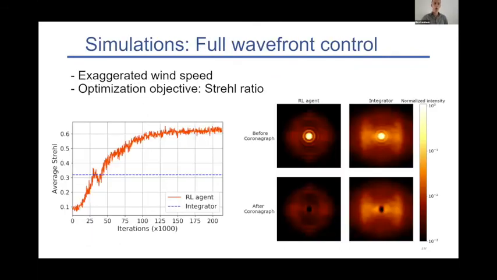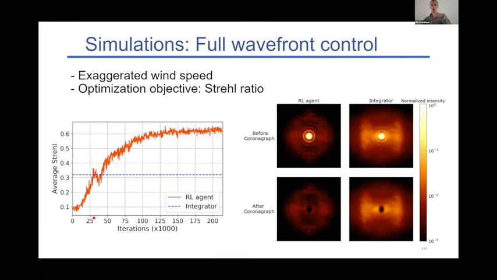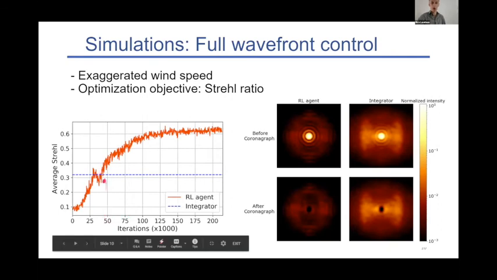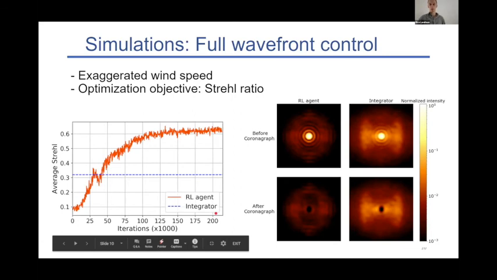Okay, so these are relatively old results. Here we see the training curve on the left. For each iteration, we collect one sample and we do one training iteration. You can see that after 40 iterations, it's already better than the integrator. So if we run at 1 kilohertz, it would be 40 seconds of data. I start off by adding Gaussian noise to the action to explore, and I slowly decay it over the training process. So it is learning while exploring.